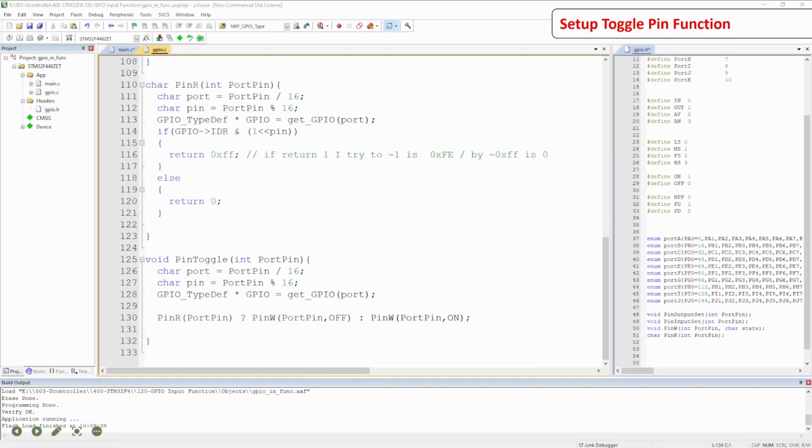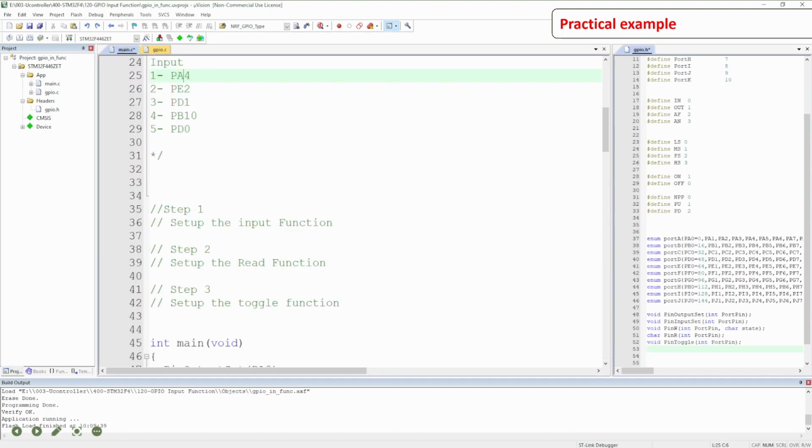We got everything ready now to jump to the next and final step, which is to get some practical experience to see how things are working with our new code. Just before jumping there, not forgetting to take this void toggle pin function and put it within the header file so we can use it in the future application. Okay, so let's go to the main